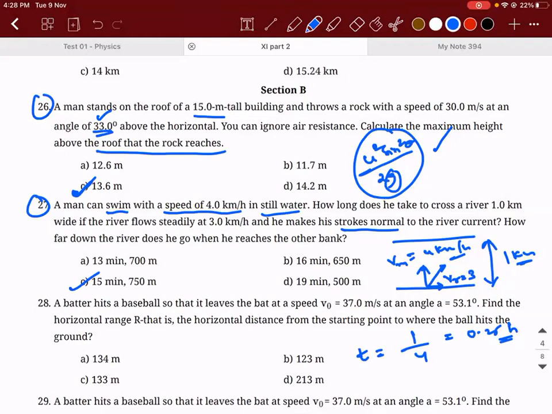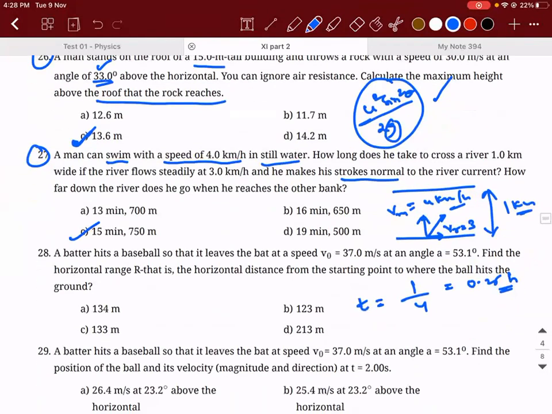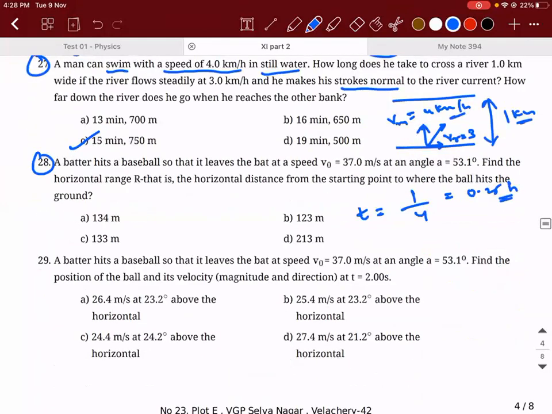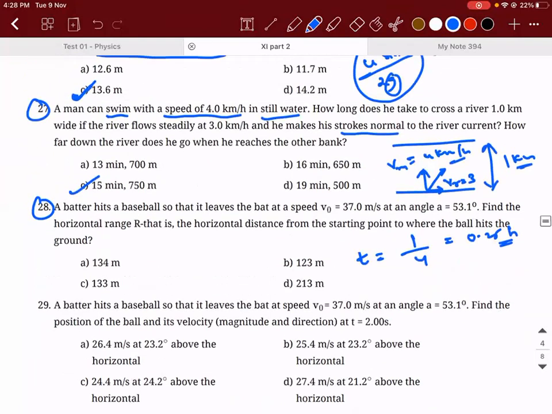Sir, tell me, how are you taking the velocity of the man with respect to the river as 4 kilometers? They told us it's still water only, no? Or do you want me to... you're thinking about why I took 4 into consideration and why not 5? Is that your question?